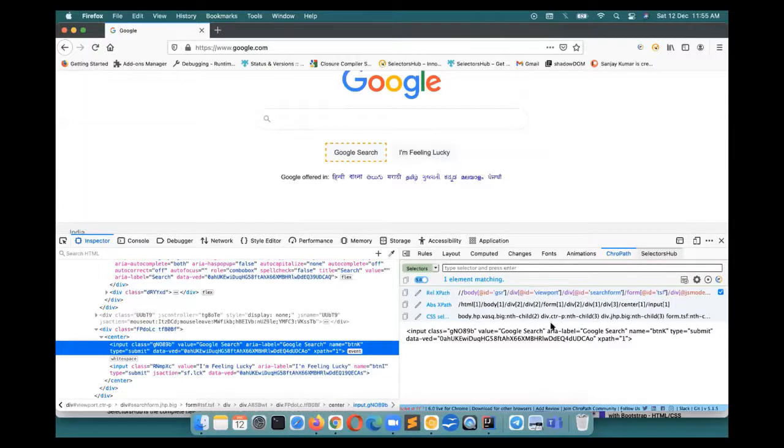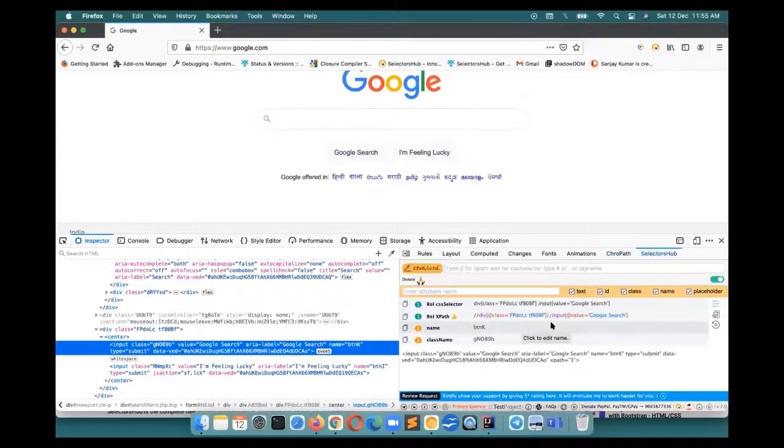There's no comparison with the amazing relative XPath and relative CSS selector you get. Everybody wants to use the CSS selector because it is faster than XPath. That is the reason it has introduced relative CSS selector in Selectors Hub.